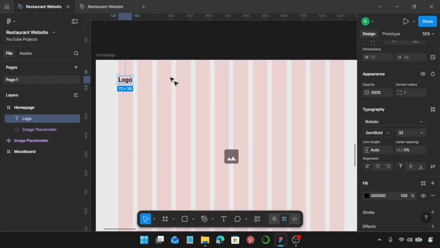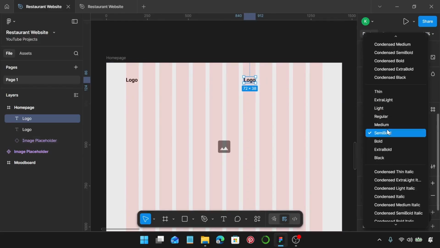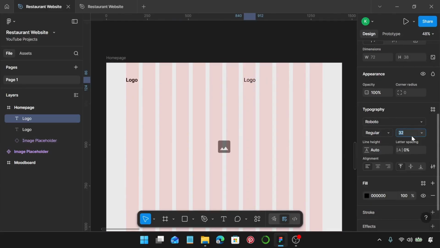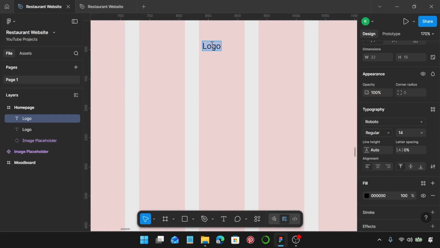I'm going to create a copy of this. So I'm going to hold Shift and Alt so I can maintain the same alignment. Let's change the weight of this one to regular. Size is, let's make it 14. The line height is auto. Once again, it really doesn't matter. This is the placeholder. I'm going to zoom in and change this text to